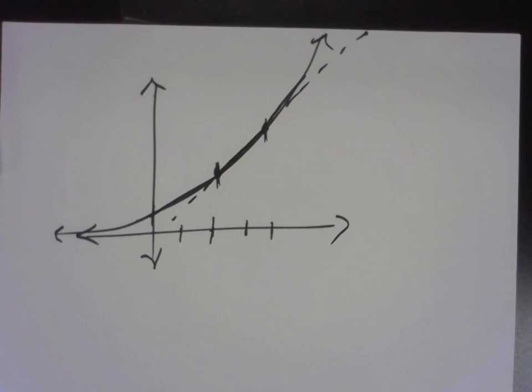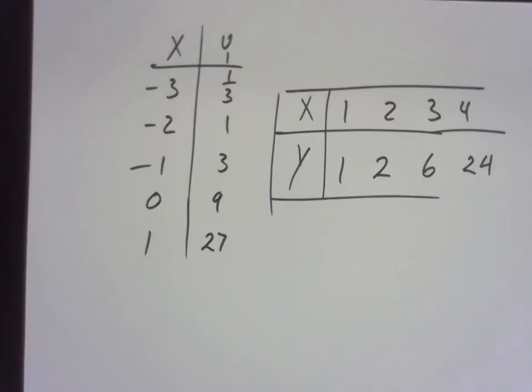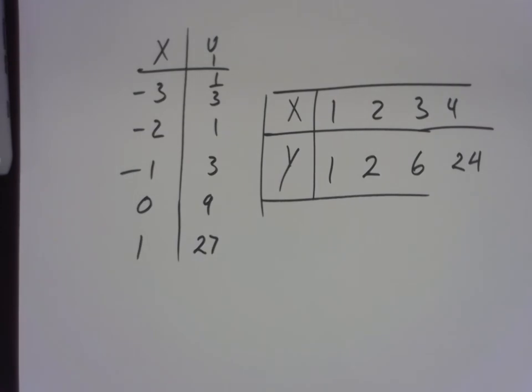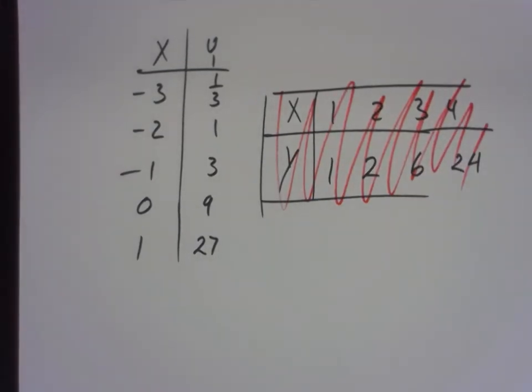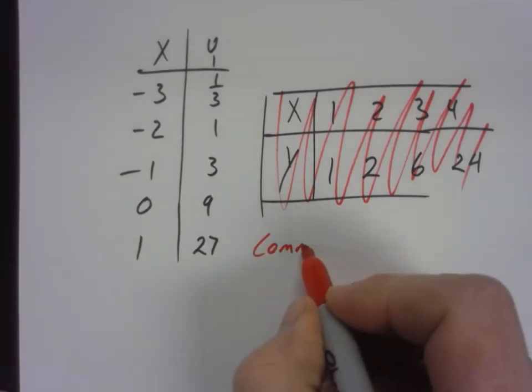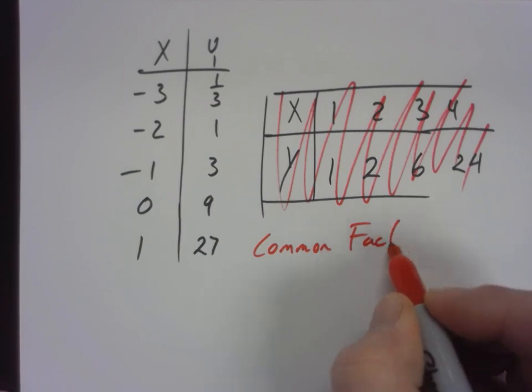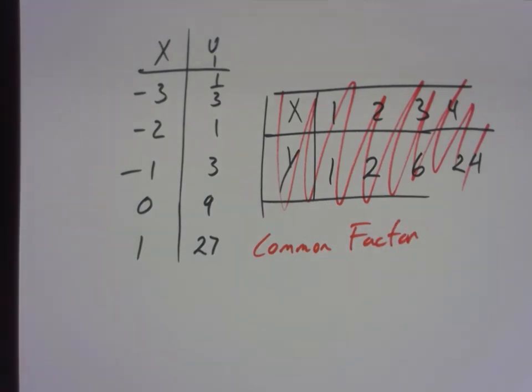Okay, so let's look at this function for a minute. Not this one. We decided this one is an exponential function because we see a common factor. And what do you guys see as a common factor? Times 3. Okay, times 3. And